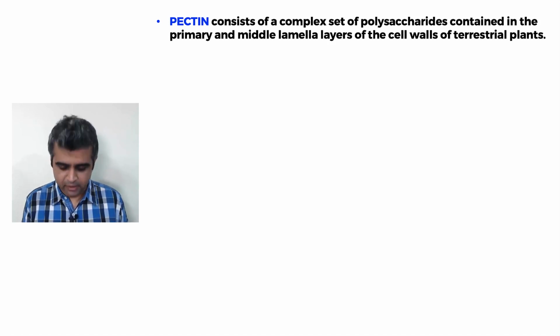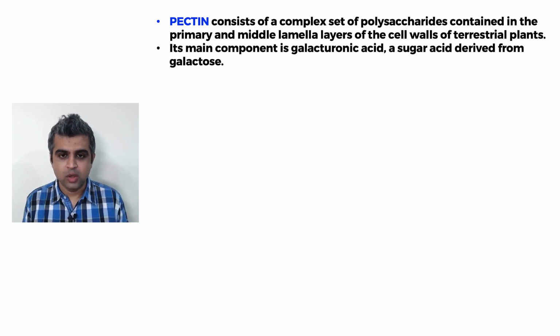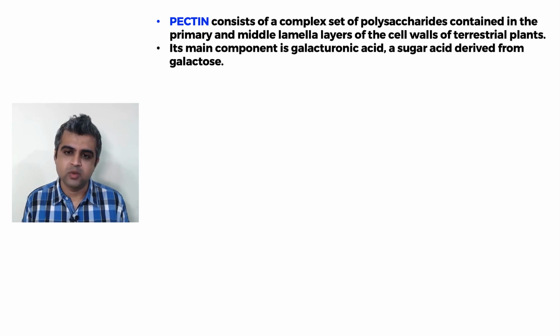So what is pectin? It's a polysaccharide, and its main component is galacturonic acid, and galacturonic acid is a sugar acid which is derived from galactose. So the acid which you can get from a sugar called galactose is called galacturonic acid, and that is one of the main components of this group of compounds called pectins. So pectins are basically polysaccharides, sugars, polysaccharides. Now, pectin